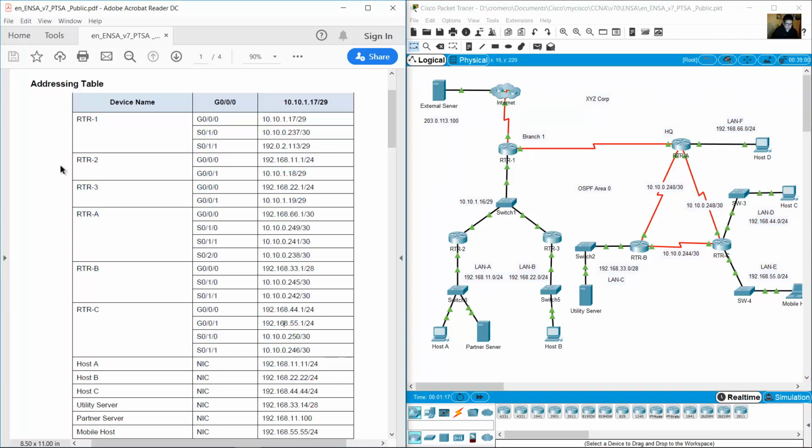RTR1 is this, RTR2 this, RTR3 this another router, RTRA up here, RTRB this, RTRC this another router. The names may vary,